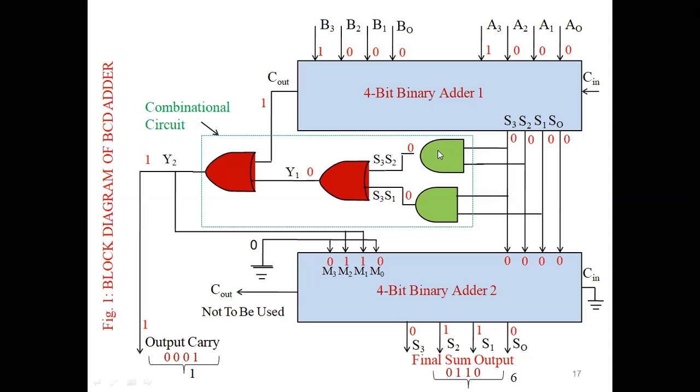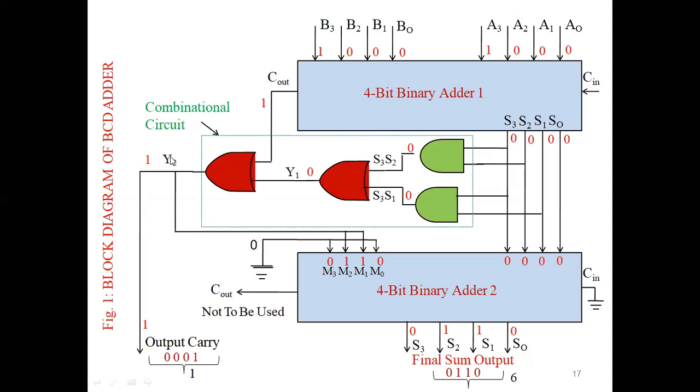Then we have to perform this AND gate. All inputs are 0, so here S3 S2 is 0 and S3 S1 is 0 and Y1 gets 0. So 0 plus 1 here is 1. That 1 is not only here at y1, it also produces at C out. In any case we can produce 1 here. So if we perform the OR operation, 1 plus 0 is 1. So y2 gets the answer 1.